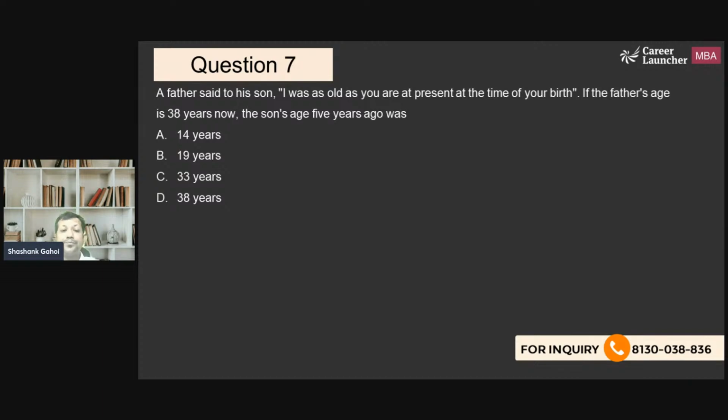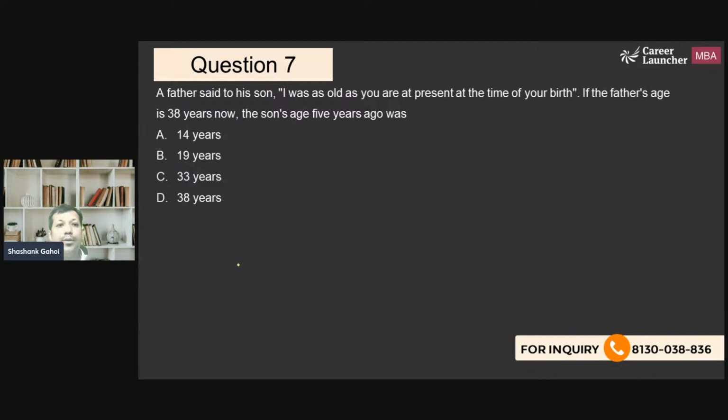Let's say a father said to his son, okay, I was as old as you are present at the time of your birth. ठीक है, and the father is 38 years old now. Son की एज 5 साल पहले क्या थी। ठीक है, तो अब क्वेश्चन ये है कि क्वेश्चन कहना क्या चाहता है। The son's age 5 years ago क्या थी।